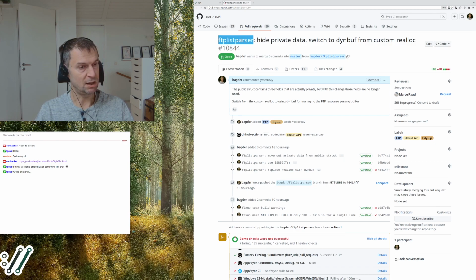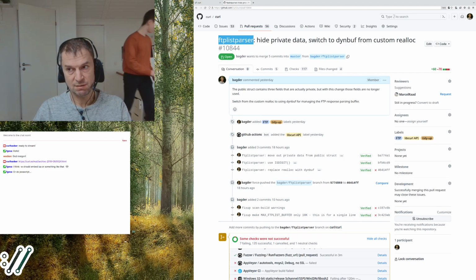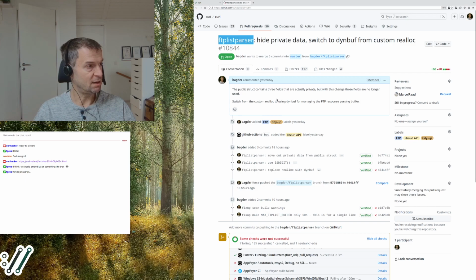So you can, for example, match files with a wildcard and act on those files, basically downloading files that match a pattern. And this code actually had at least two problems.